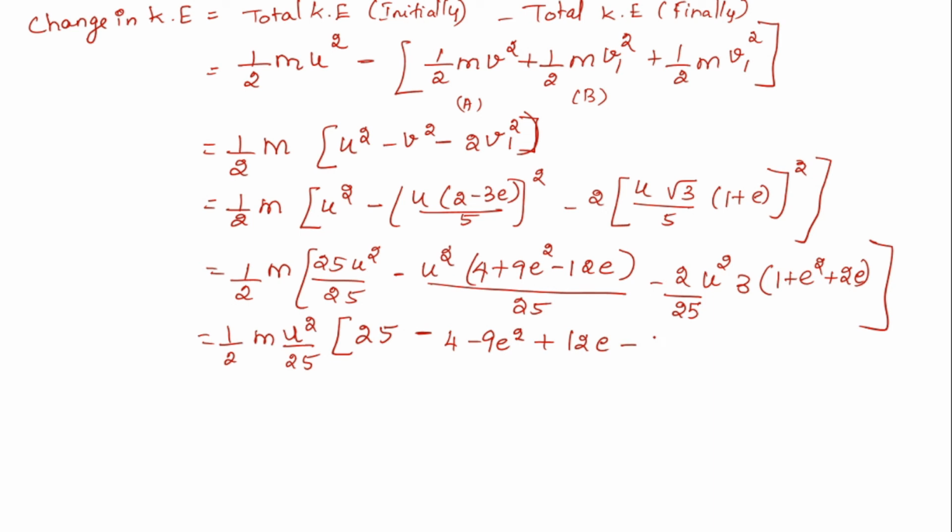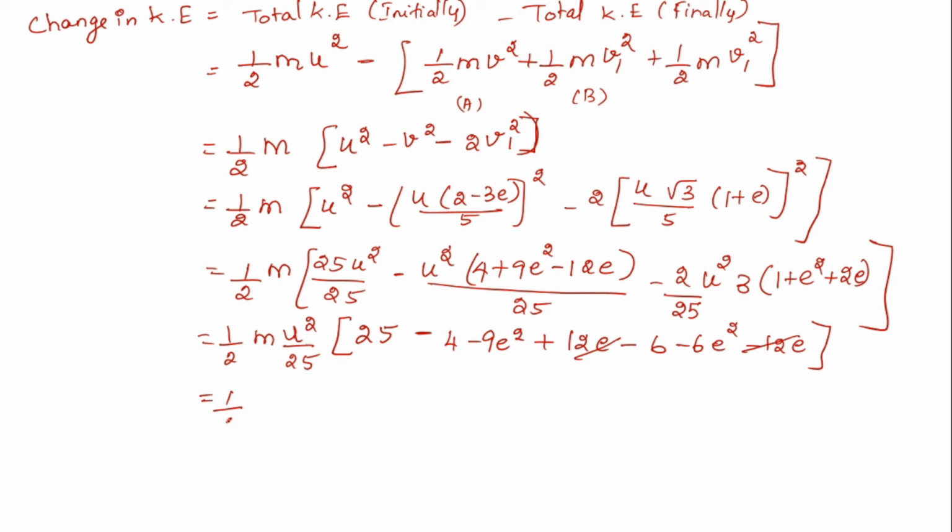And minus 6e square minus 12e. These are the terms we have inside the bracket. I just took 1 by 25 and u square outside. The remaining 25 is here. When you multiply with a negative sign, negative and positive interchange. So positive 4 will be negative 4, positive 9 will be negative 9, and negative 12 will be positive 12. When you multiply the negative with these terms, 2 threes are 6, so 6 into 1 is 6 with the negative sign, and 6 into e square is minus 6e square, and 6 twos are 12, so 12e. Positive 12e and negative 12e get cancelled.